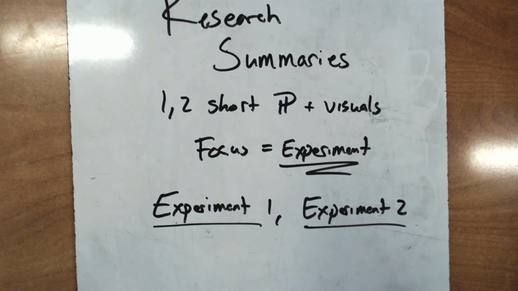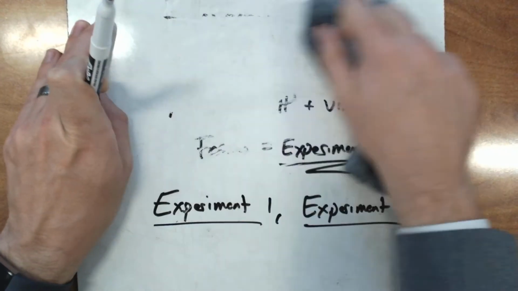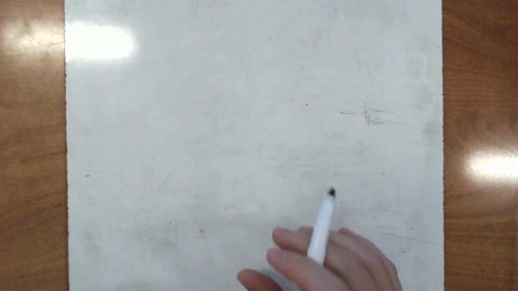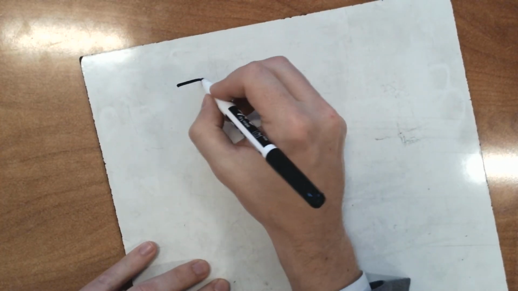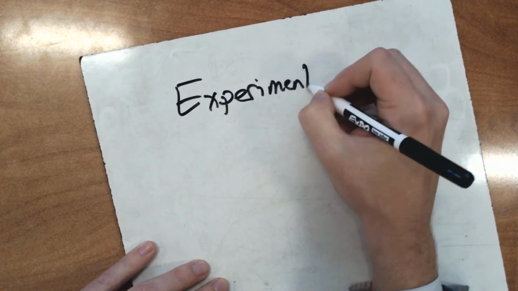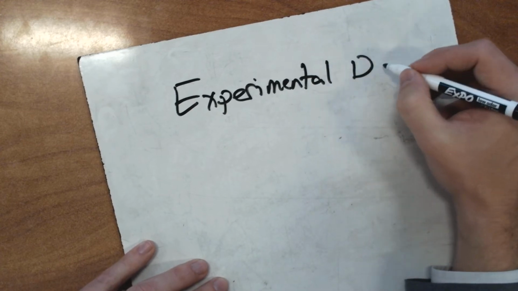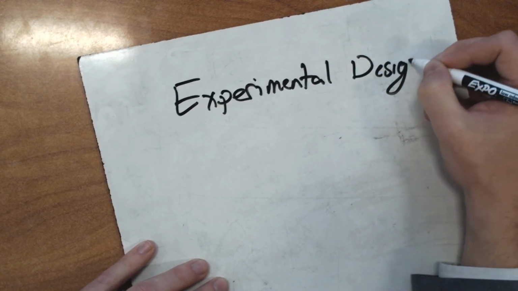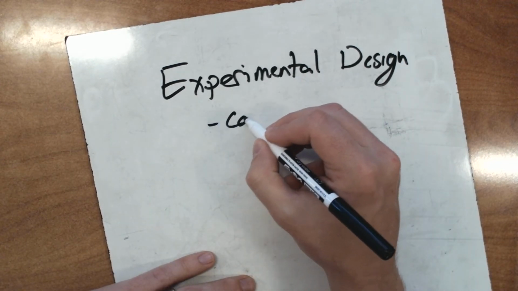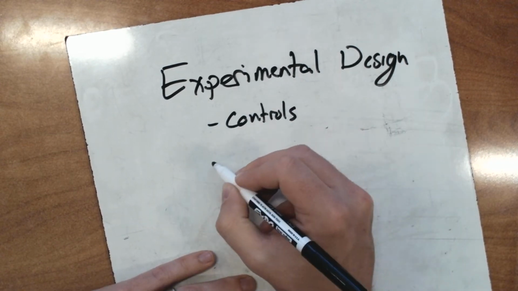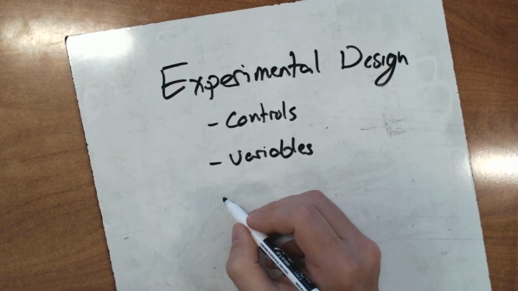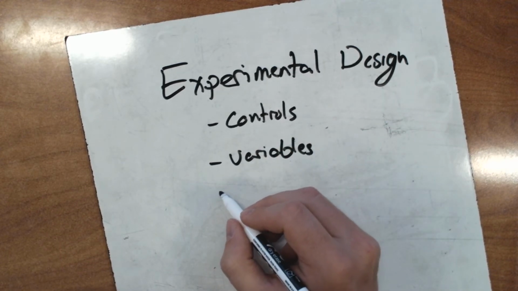Now, when you are dealing with these kinds of questions, research summaries are going to focus on 3 different types of questions. The first one is the one that I keep mentioning, and that is experimental design. So an experimental design question is going to be asking you specifically about why the researcher did certain things. And you're going to be looking at things like controls. You're going to be looking at things like variables. And then the last one that you might find is that it is going to ask you about what's called